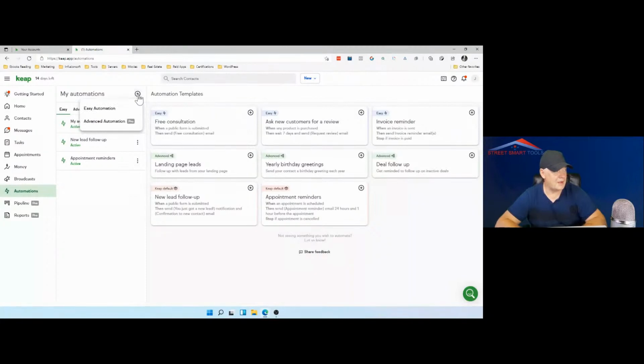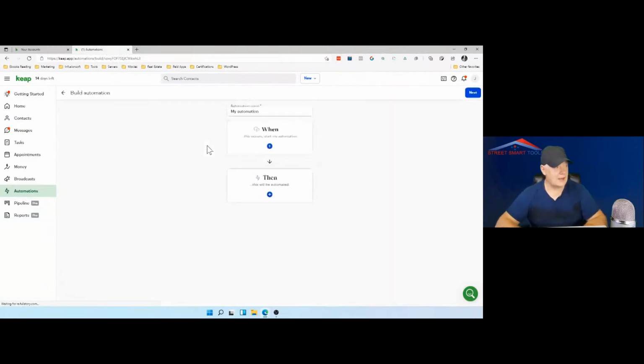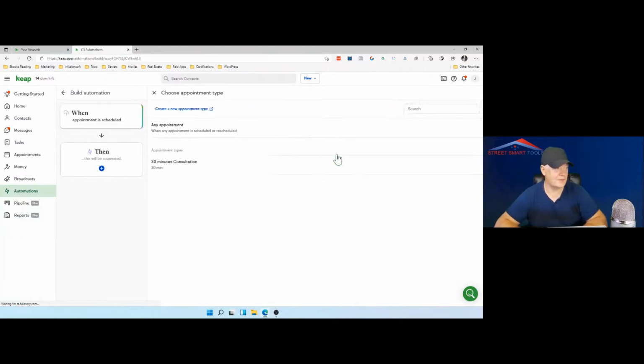Okay. So we can add a new automation. So hypothetically, let's see, when something occurs, okay, if public form is submitted, if appointment is scheduled, right? Let's do this way.